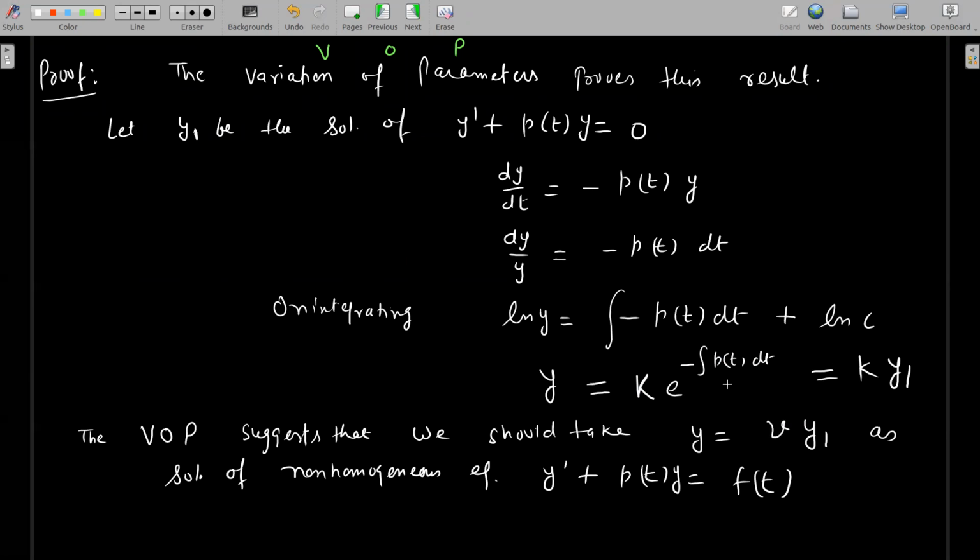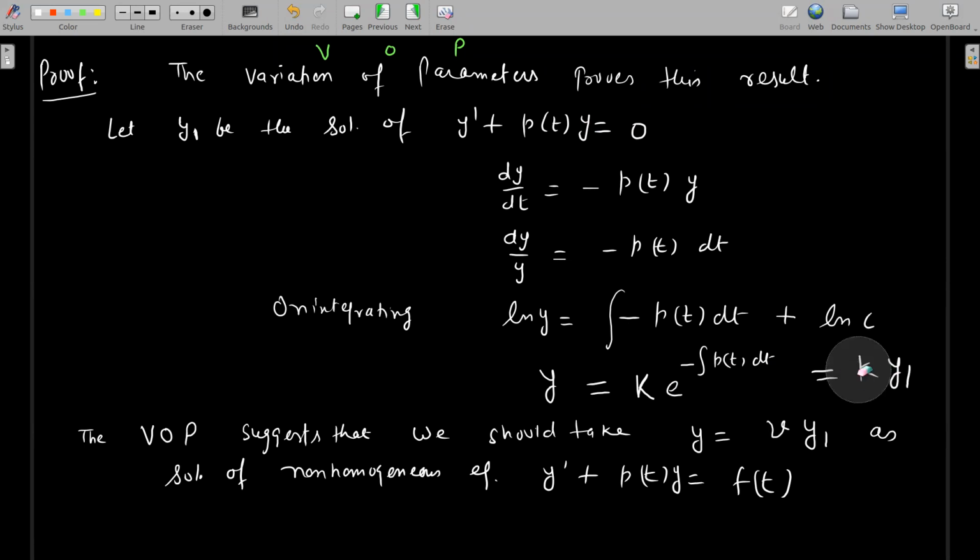y1 भी solution ही है वैसे, आप चेक कर लो. इक्वल्स टू 0 है तो any constant multiple is a solution. आप 1, 2, 3 जो मर्जी लो, that everything will satisfy this equation. अगर e की पावर माइनस p है तो 2 टाइम्स p है, माइनस 2 टाइम्स, every constant multiple is a